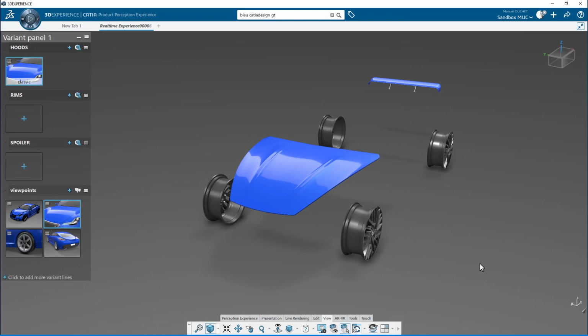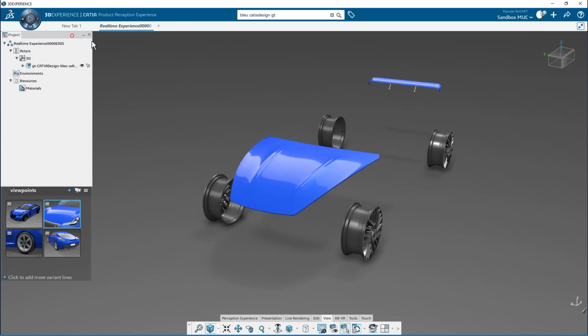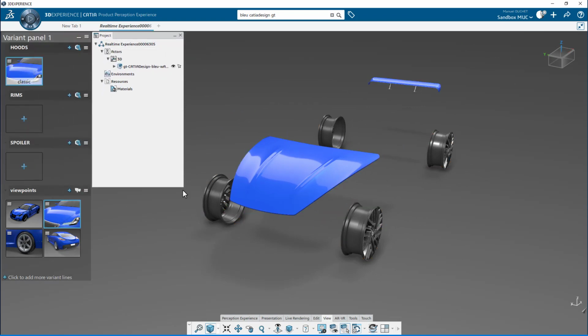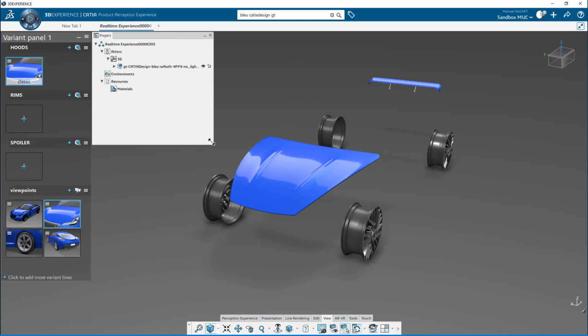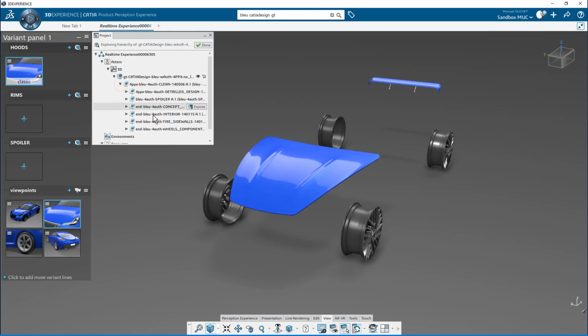So I will bring the tree, F3, as any other CATIA application. By default, the tree presents a simplified view of my product structure with only the object which I have already used in my presentation. So I switch to the Explore mode to see the complete tree.